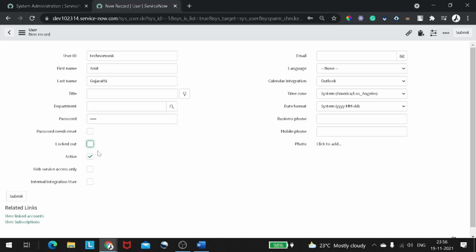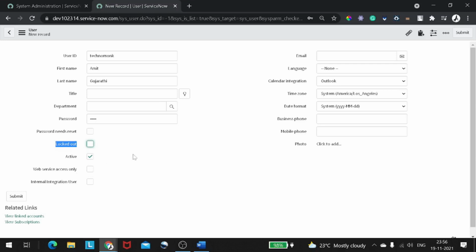It will not make you inactive, it will simply lock you out. You can try it on your own: try a dummy password that doesn't match this profile, and you will get locked out.